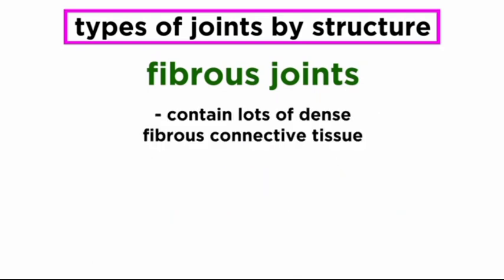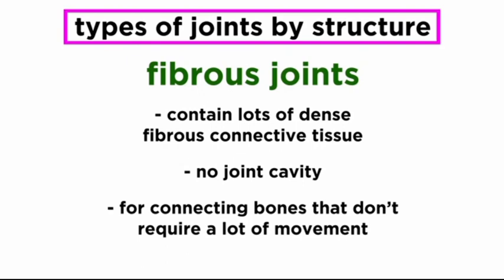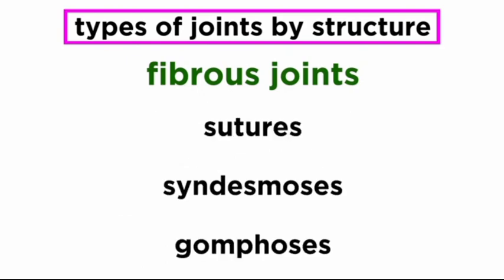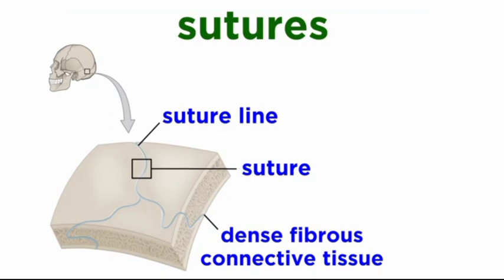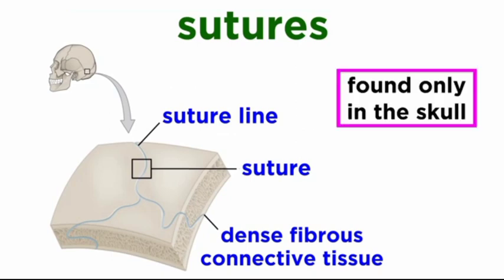First, with fibrous joints, there is a lot of dense fibrous connective tissue, and no joint cavity to speak of. These joints are for connecting bones that don't require a lot of movement. There are three types of fibrous joints. These are sutures, syndesmoses, and gomphoses. We talked about sutures when we looked at the skull, and this is the only place we